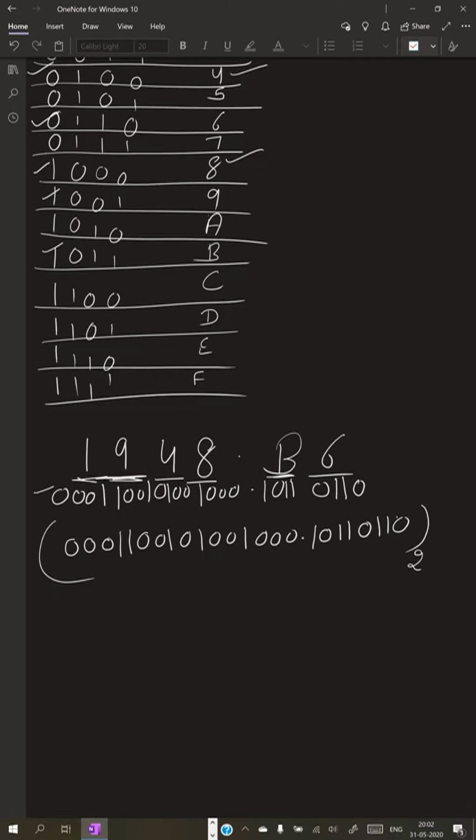Now you can convert this binary number into an octal number. So let's convert it.